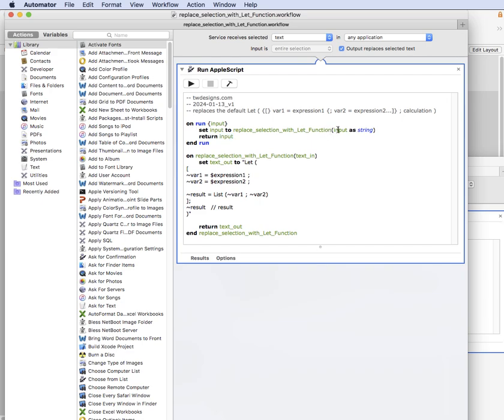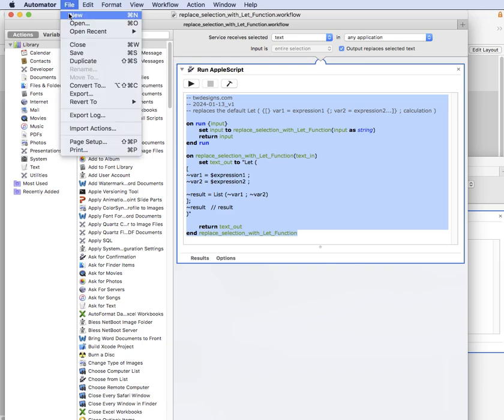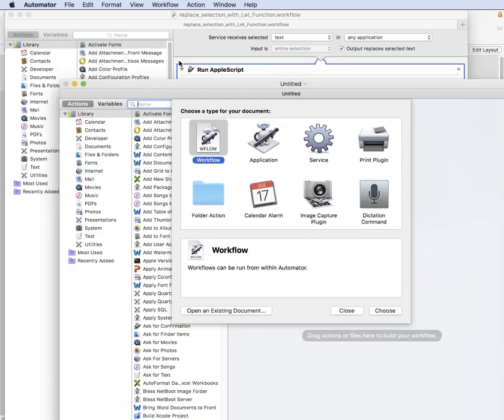When we call this, we're calling this function passing in the input, which is the selection, and this is very straightforward. It's text out, return text out, and anyway it works. And you don't have to understand it, because if you wanted to set this up, for example, perhaps to